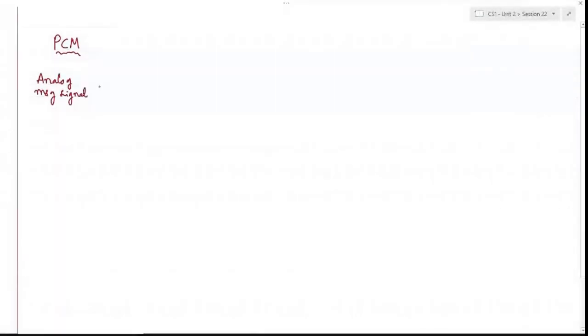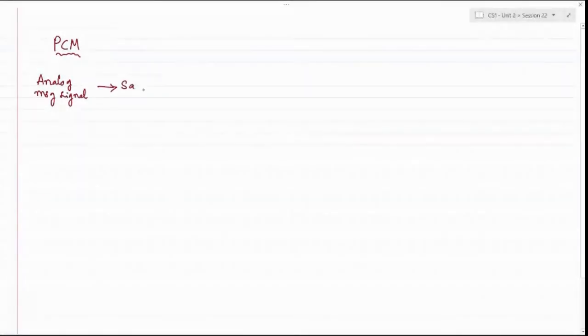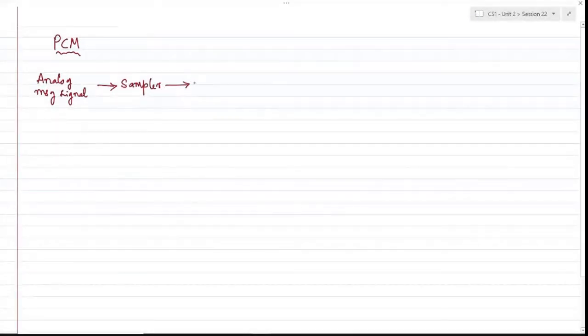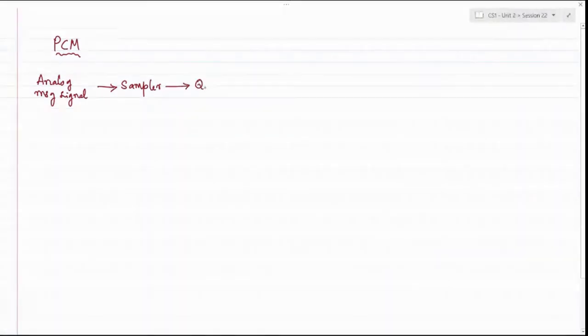So in our PCM system, as we know, the input analog message signal is sampled first using a sampler, specifically at greater than or equal to the Nyquist rate, and then it is fed to